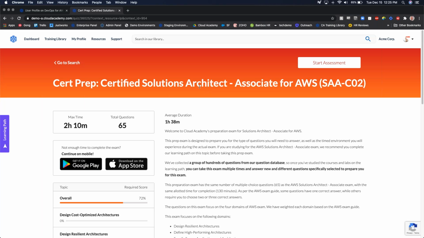So going back to the ongoing assessments, if we're talking about a certification path, the final assessment in that learning path will mirror the real world certification exam in terms of time and number of questions. We also have a very large library of questions. So even if you pass this the very first time you take it, we encourage you to take it multiple times so that you can cycle through different questions. Some of our customers have come back and said that our assessments are in fact harder than the real world exam, but it's definitely better to be over-prepared than under-prepared.